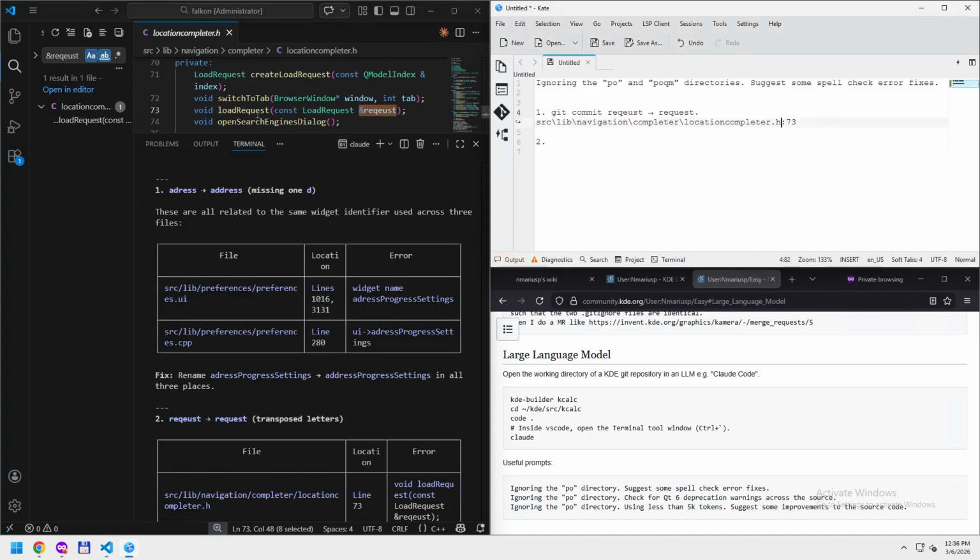And then I have also noted the line number, which is 73. So we're working for the KD community, which means that we should make very small git commits and very small merge requests. So I'm not sure if we will be able to do a very small git commit that contains both the change on line 73, but also the change from address with just a single D to address with two Ds,